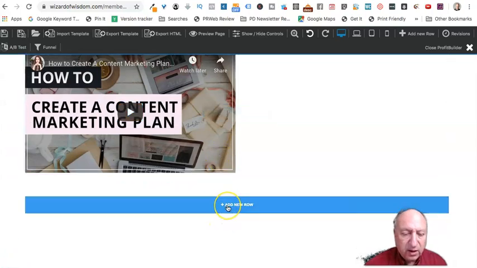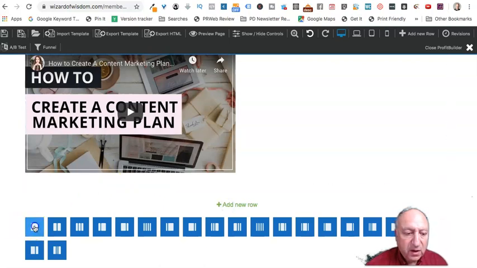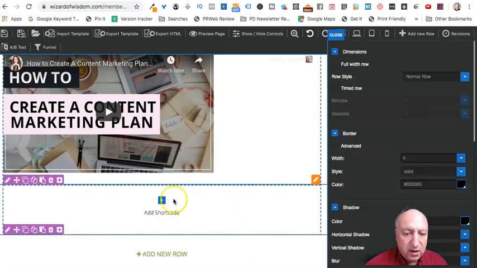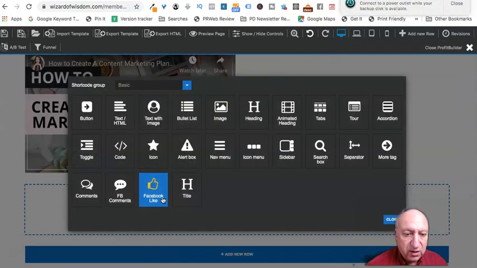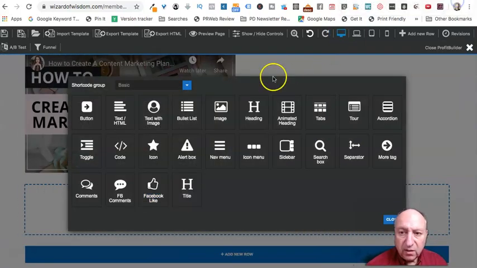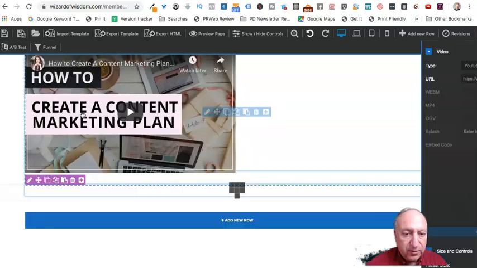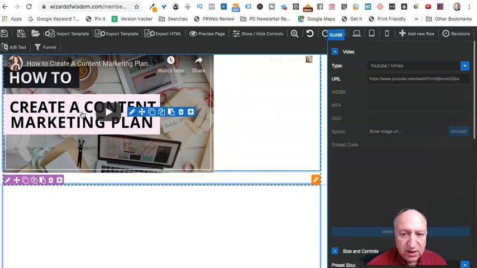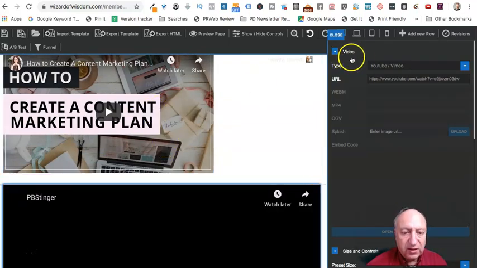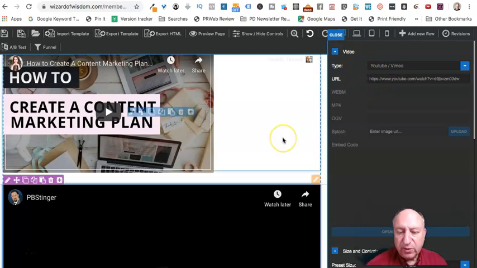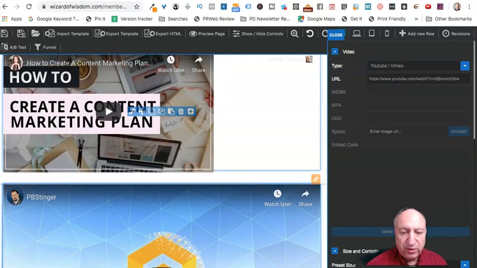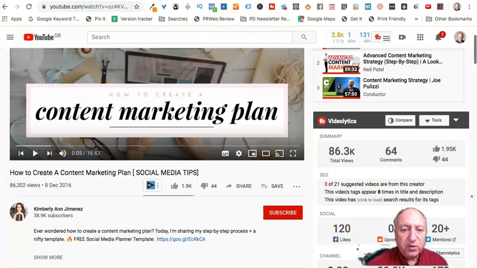So if I add a new row, I can then add a shortcode of content video. And I've done this a number of times as well. With these, you can see it's already pre-populated with one about Profit Builder itself. But if I wanted to add the one I was showing you, then I would simply grab the URL of that video,